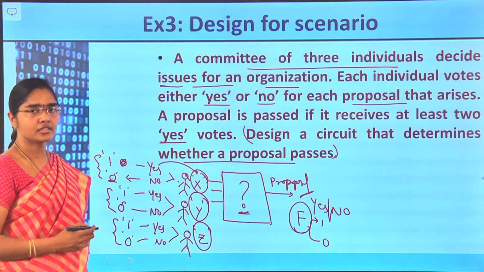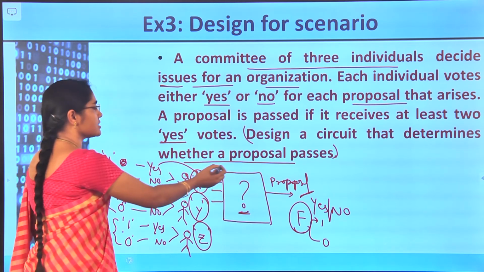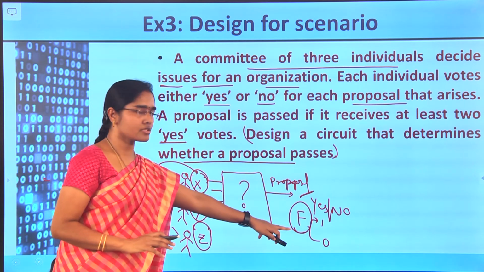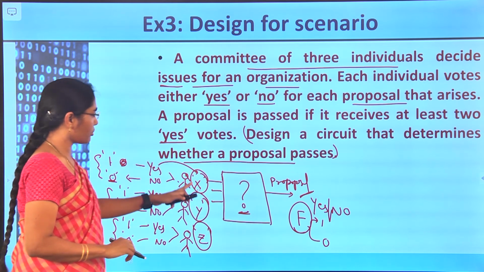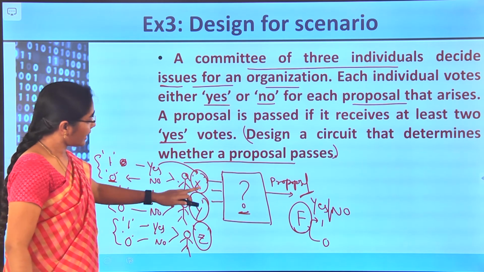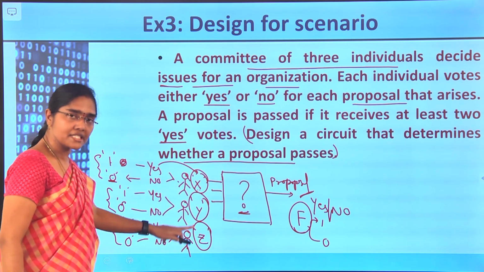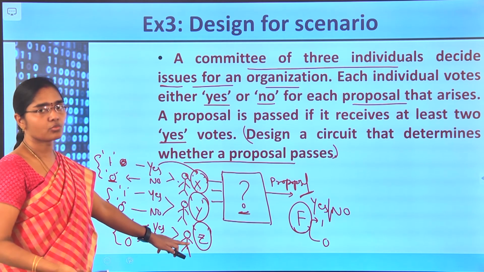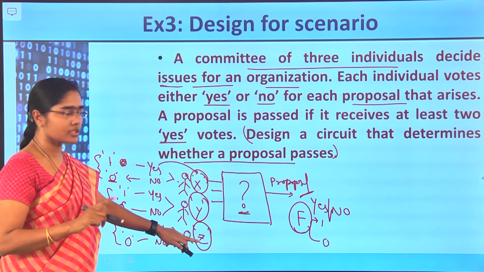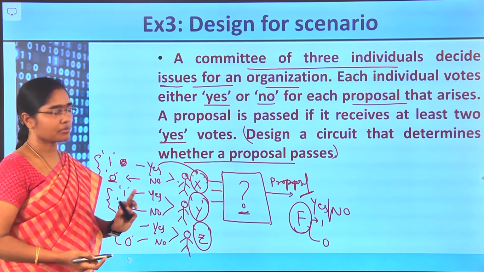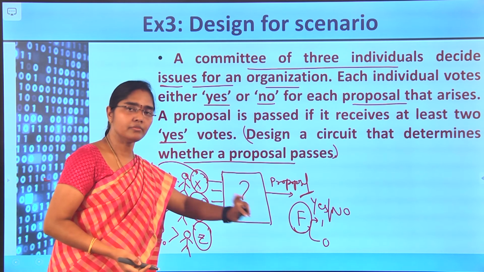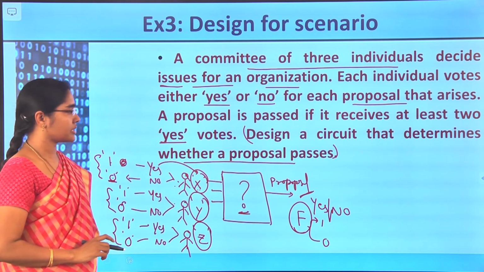By following our procedure, first step is what? Statement. So, the statement is this. Okay, we understood the statement clearly. f is going to become 1 or 0 depending upon the values of x, y, z, and f becomes 1 when any two variables of x, y, z are 1. If any of the two variables, either x, y or y, z or x, z are 1, then output f is going to become 1. Means if a combination of two individuals are telling yes, then the proposal is going to be passed. That is our statement.